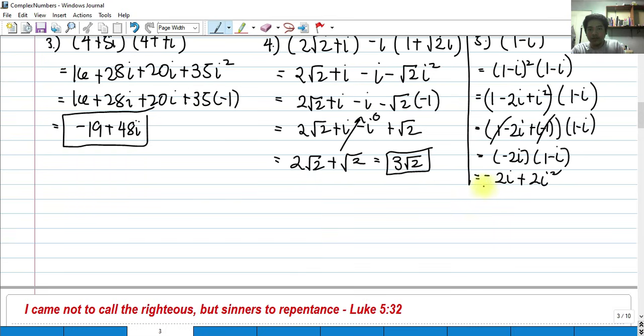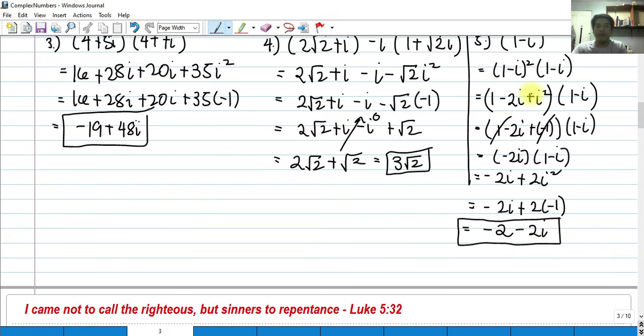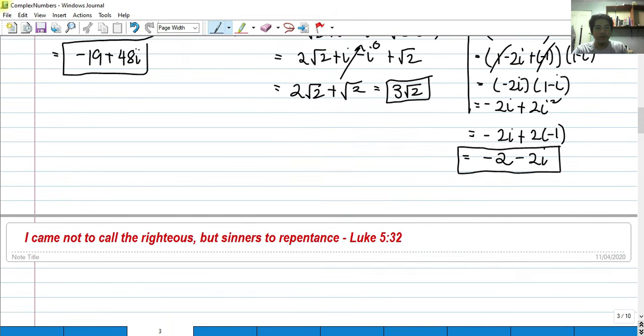And our i squared again is equal to negative 1. So we have negative 2 minus 2i. So this should be our answer for this problem. Okay? So for number 6,